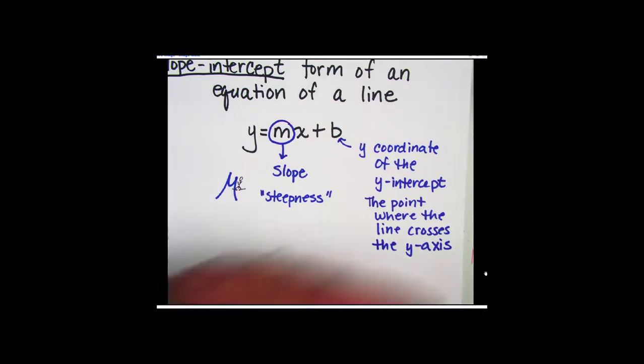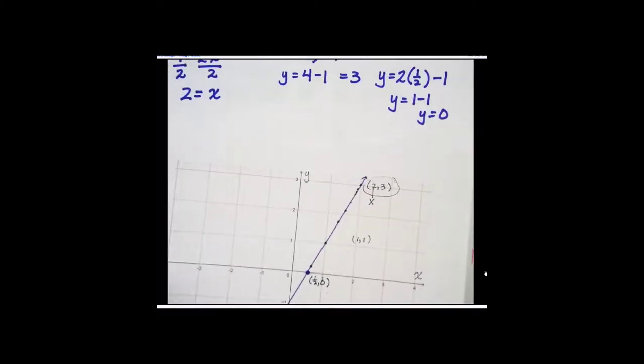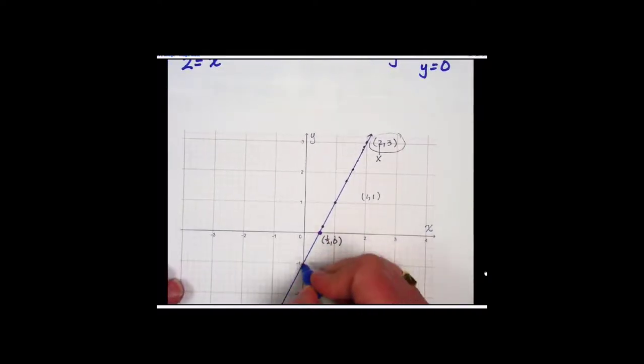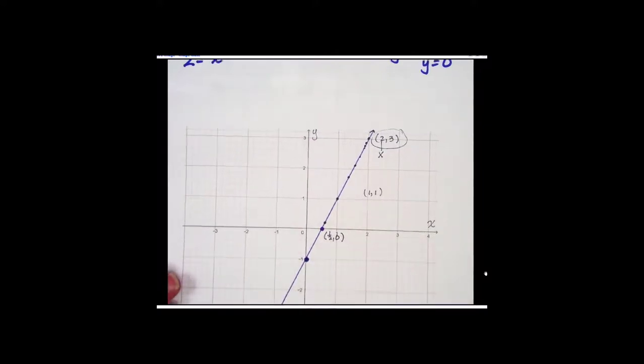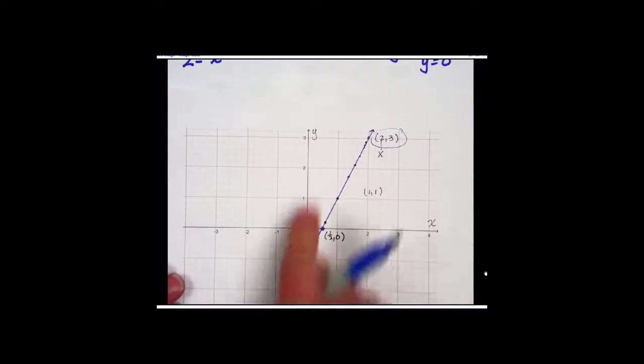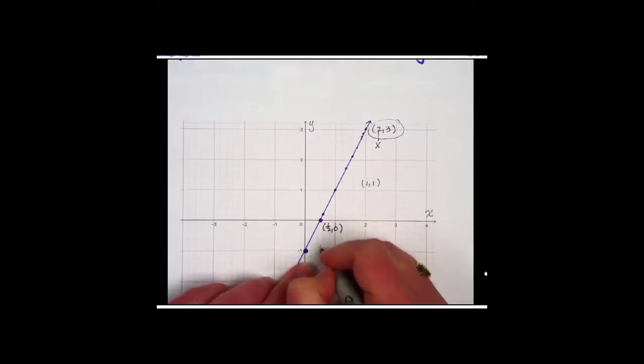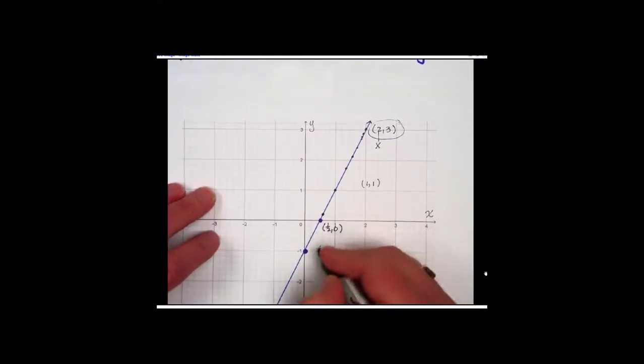Right? If we go back to our graph we were just looking at, we would come up with a slope that would describe this line. It would tell us how steep it is. And then our y-intercept would be right here. Okay? It is the point where this line crosses the y-axis. And this point right here is 0,